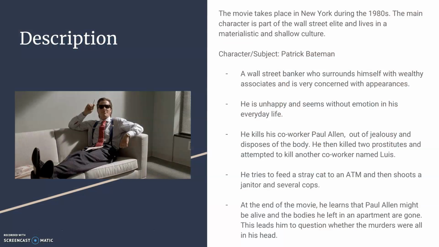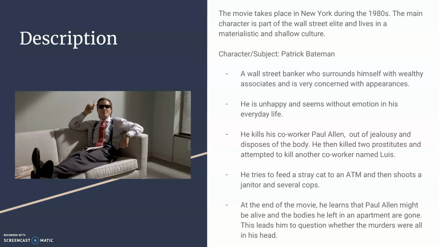This movie takes place in the 1980s in New York when the main character, Patrick Bateman, is shown to be a Wall Street banker who surrounds himself with wealthy associates and is very concerned with his appearances. However, he's very unhappy and seems without emotion in his everyday life. He often kills people and has several delusions, ultimately to the point where he's not even sure if he's killed